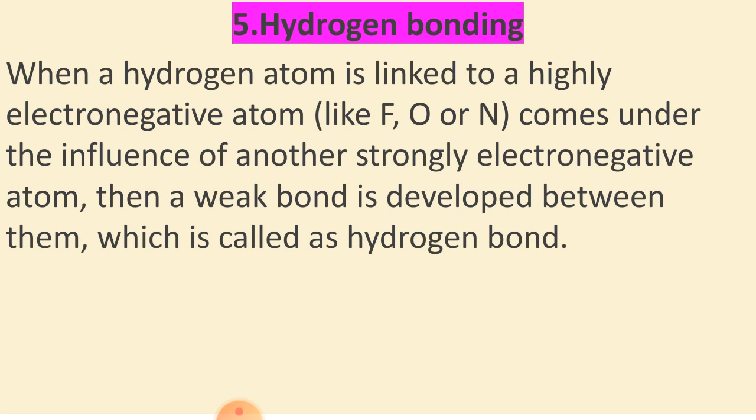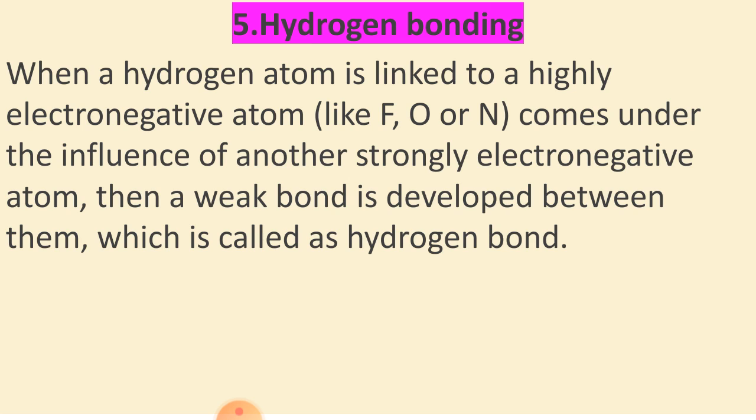Next, you have to know that the type of H bonding may be intermolecular or intramolecular. Here intermolecular means between two molecules and intra means within one molecule. So in intermolecular hydrogen bonding, the water molecules may form H bonding with water molecules or ammonia molecules.